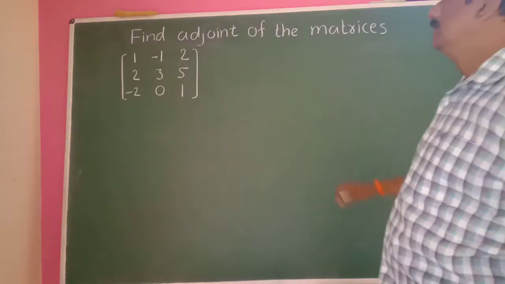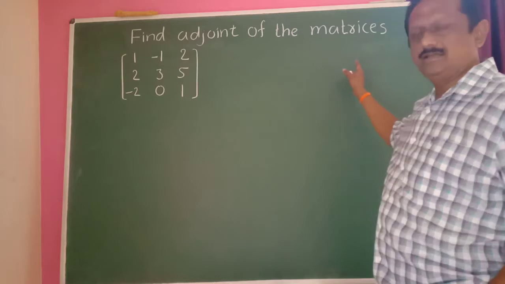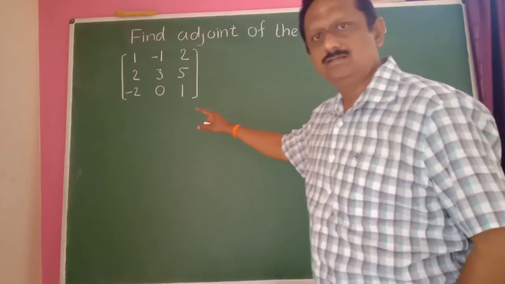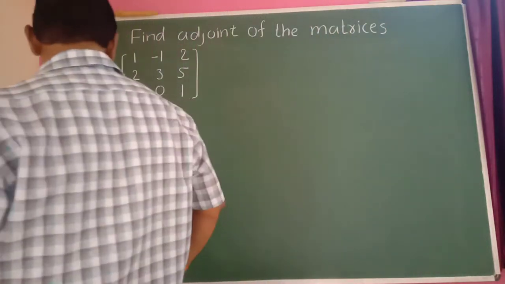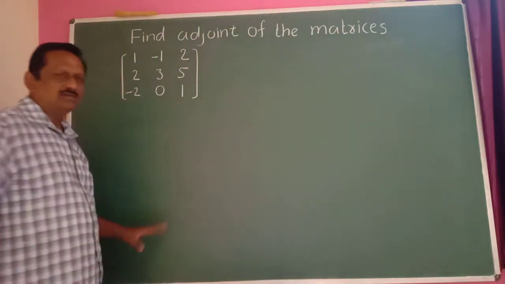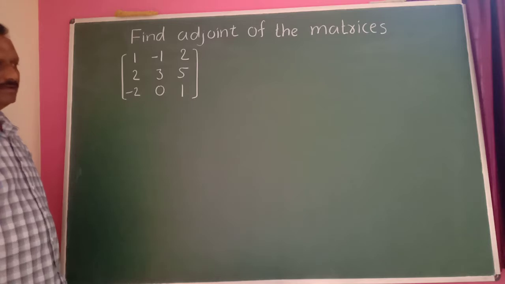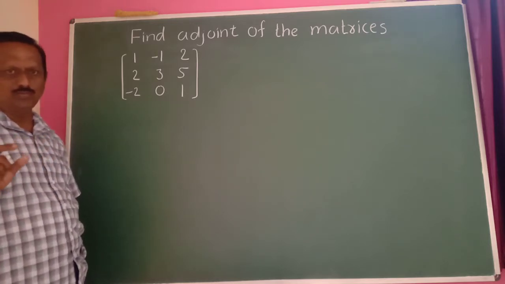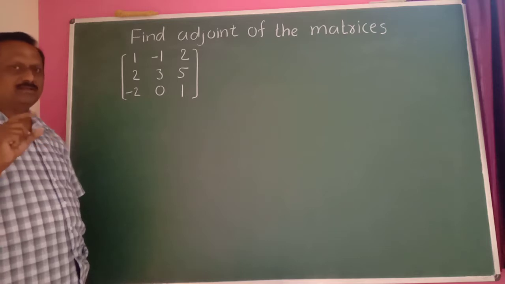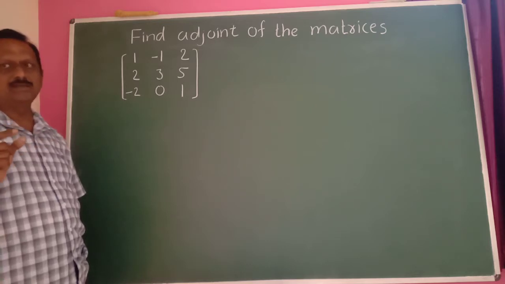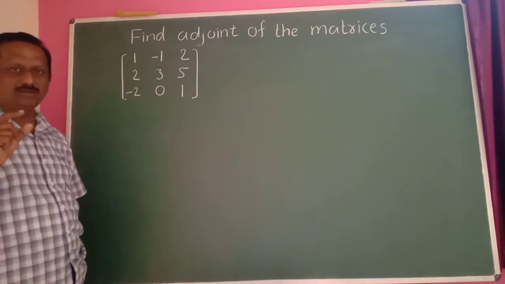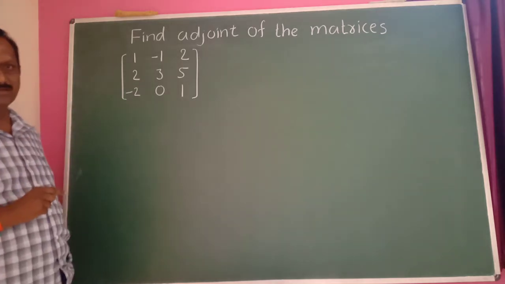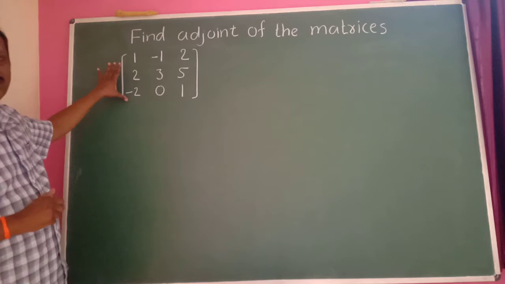Okay, find the inverse of the matrix here. It is a matrix of order 3 into 3, 3 rows and 3 columns. So the previous rule is not applicable here. The previous rule means if a matrix is of order 2 into 2, then interchange the diagonal elements and change the sign of the non-diagonal elements. It is only for a 2 into 2 matrix, not for the other matrices here. Okay, the matrix of order 3 into 3.